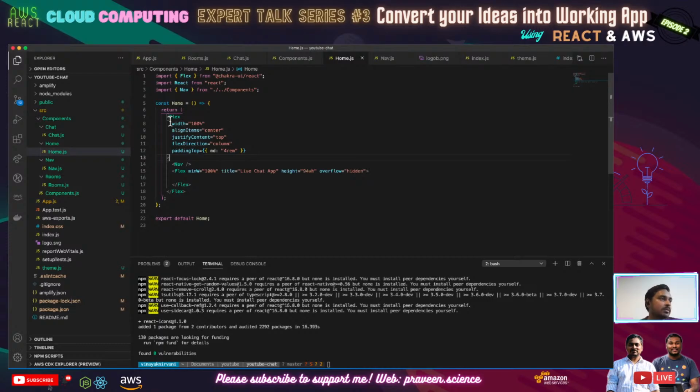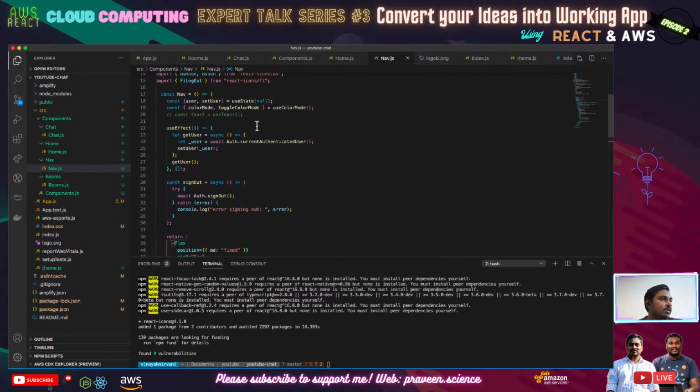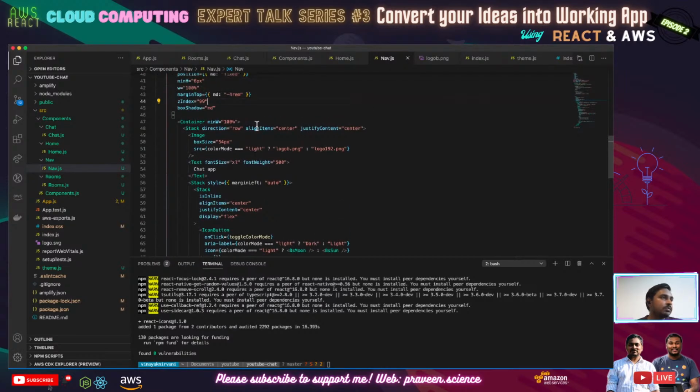I'm gonna say 100% width, align all the items to center, justify everything. It basically means use the whole area of the page as a main div, and then inside that main div, I'm gonna have a nav on the top, and then the remaining is going to be another flexbox, which we will fill in a minute. So in nav, we'll go through the code as well in a minute, but I will just go through the